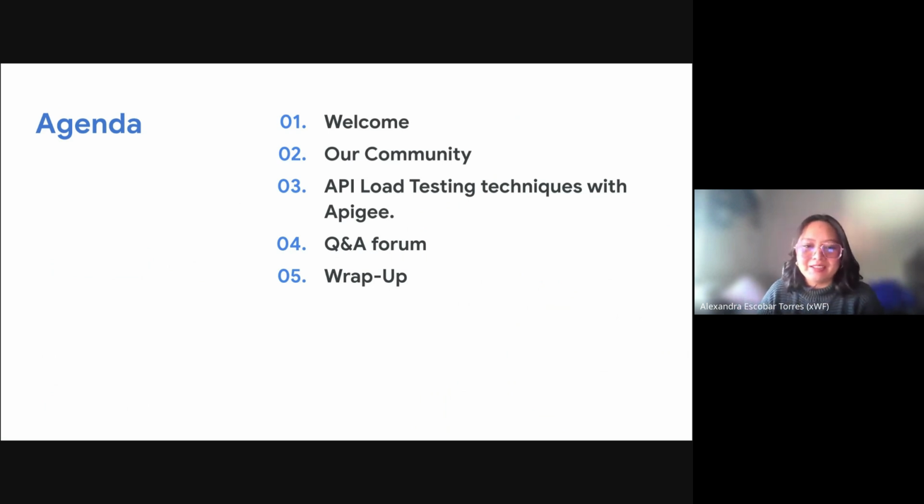I'm going to be starting this session. Remember that this is going to be recorded, so we're going to be sharing this afterwards through the Google Cloud community. The agenda for today is, as usual, we will walk you through the dynamic of these sessions and what's in this community that we're talking about, the Apigee API community. Then we'll have Nicola walking us through the topic of the month, JavaScript January. He'll talk with us about API load testing techniques with Apigee. Then we'll go to a Q&A discussion, but remember you can pop your questions throughout the session using either the Q&A forum or just raising your hands.